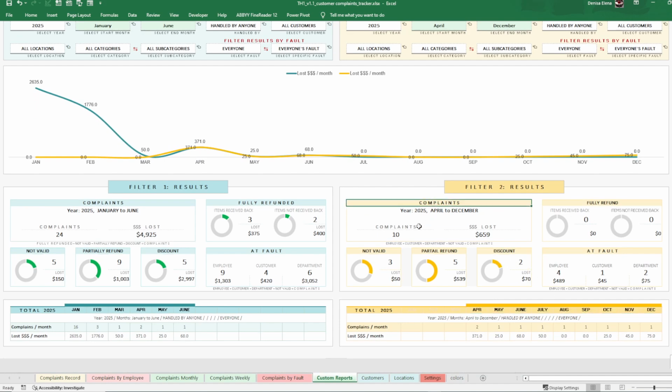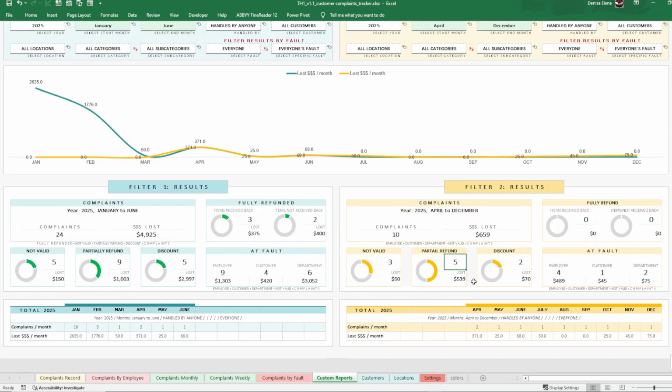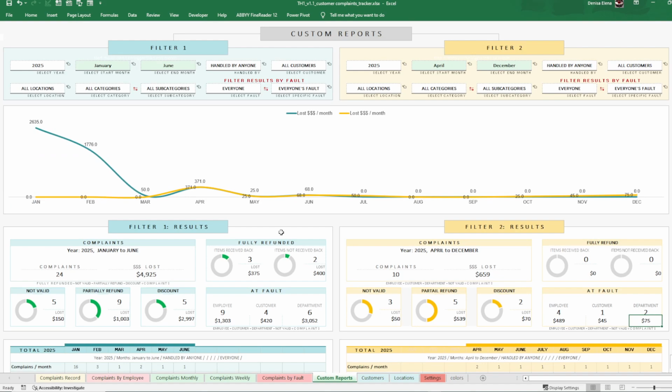Every statistical is represented, total complaints with total amount for the selected April to December, fully refunded. We have 0 with 0, not valid complaints 3 for that April to December, 5 partial refunds with total amount of lost 539, 2 discounted and specifically by fault we have 4 employees at fault, 1 customer and 2 department at fault with the lost amount based on every fault. And this is the first one also, but we will go much further when we will present you the video